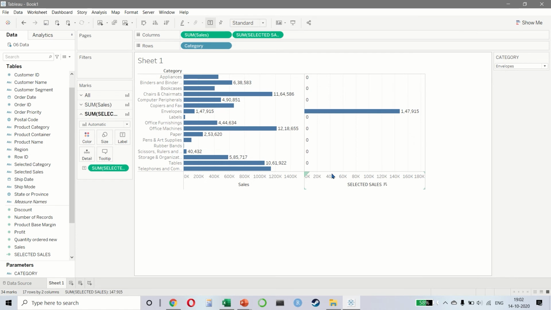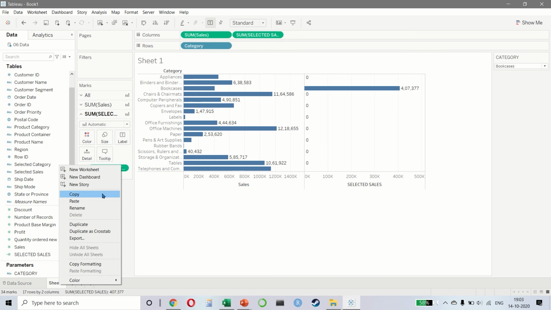Now we want to look at the sales of the selected category. That means we want to create a list of numbers, but all the numbers would only show us one constant, which means if I'm selecting envelopes, all the numbers here should be 147915. If I'm choosing bookcases, then all the numbers should be 407377. Let's duplicate the sheet